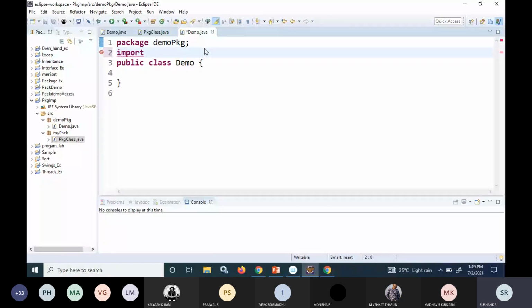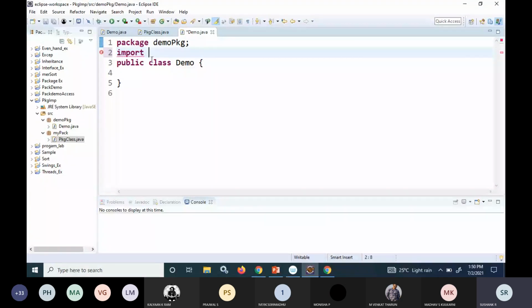The import statement should be the next one, written after the package statement itself. That's why I deleted the default package which I had written, because for default, there's no need to create package statements and all. So remember that point.